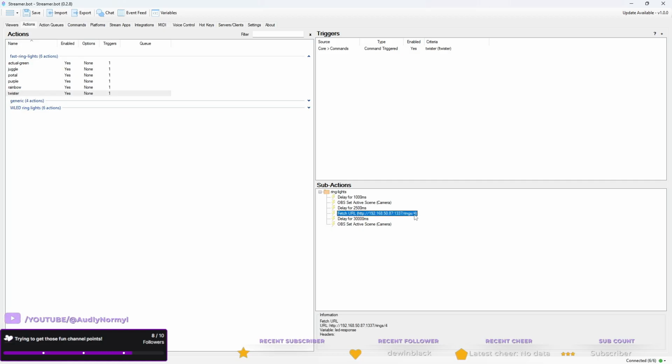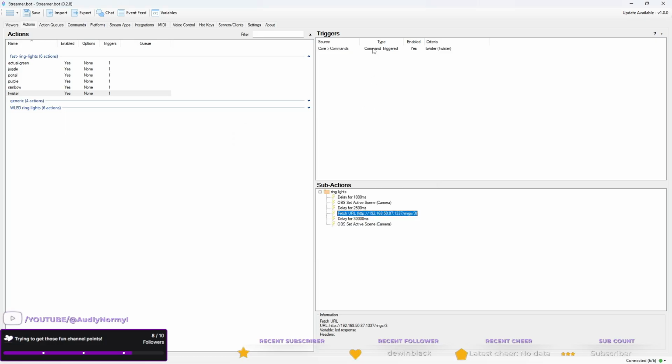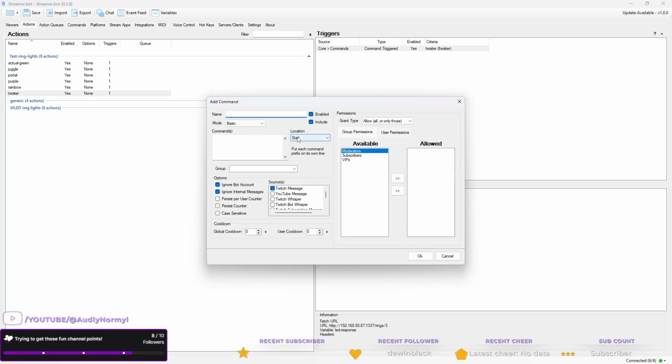So let's change this to 3. What is number 3? I think it's the BPM. No, we already did that one. The Sinlon. Actually, I don't think I did. Oh yeah, we did Twister instead. It's called Sinlon.